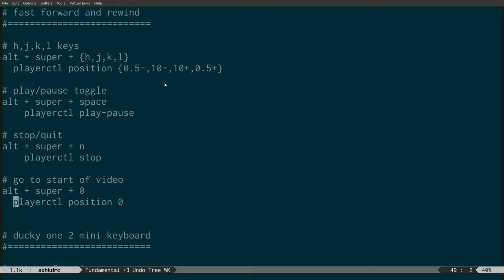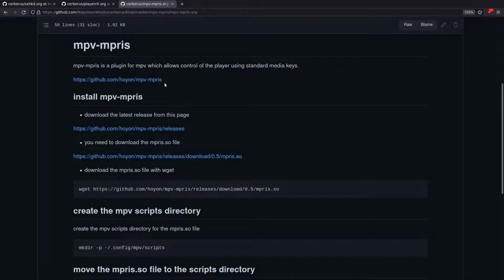And the position is actually measured in seconds completely. So you can run that command in command line, but you can't type player position 5 minutes. It's all done in seconds, so you'd have to go 60 and 60 and 60 and 60 and go, okay, that's player position 300 for 5 minutes. So it's not quite practical for some stuff, but it's useful for going to the beginning of a video. So those are the fast forward and rewind commands. Of course, you can use your own modifiers here. What I'm going to do is just come across and